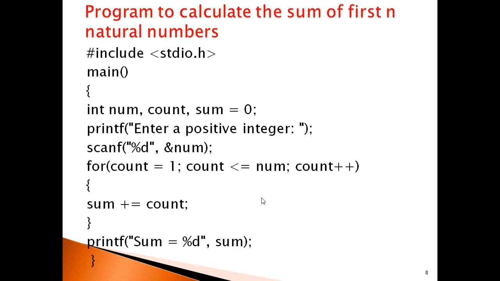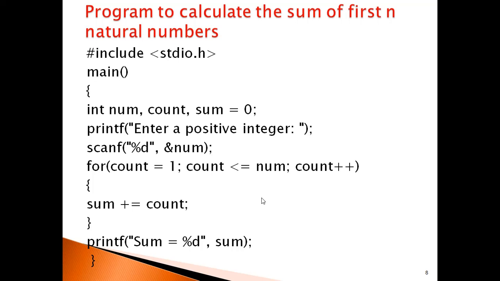In the C language, a garbage value is taken as the value of uninitialized variables. That's why we are initializing sum to 0, to avoid such types of errors. Garbage means the memory was used by some other program, and that same value is assigned to the variable if you declare a variable. To avoid such errors, we are assigning 0.